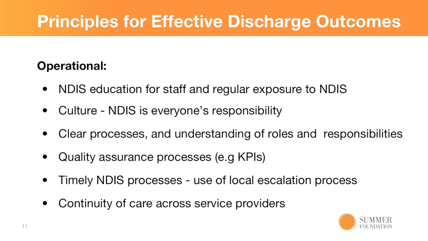Do you have KPIs around timeframes to get your reports together? Who is reading the final reports and doing quality assurance to ensure that the reports are written in the NDIS language? If you're experiencing any delays or barriers, are you clear on when and how to escalate these so they can be resolved? Are your pathways for escalation clearly defined? Is NDIS embedded into your handover process? If someone moves from subacute to community, how does the community team know what part of the NDIS process